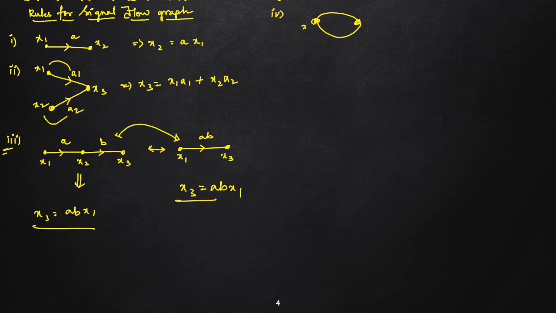So this has x1, x2, a, b. In block diagrams, whenever two blocks are in parallel, we would just represent them with a single block and we write the gain as a plus b. So the same thing follows here. For clarification, or for proof purposes, let us see.